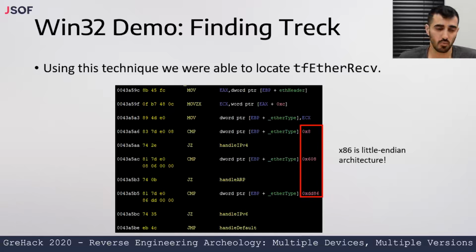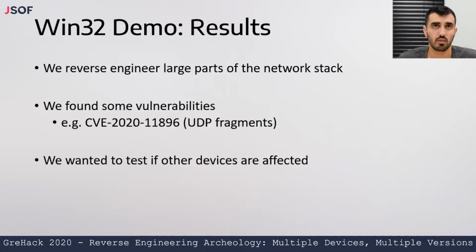From that point, we were able to locate the IPv4 code base, the ARP function that processes incoming packets, and also IPv6. And we started reverse engineering the binary, and we found some vulnerabilities in this stage. For example, one of the vulnerabilities we found was